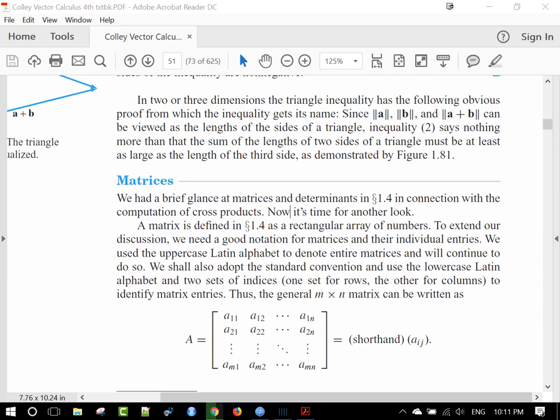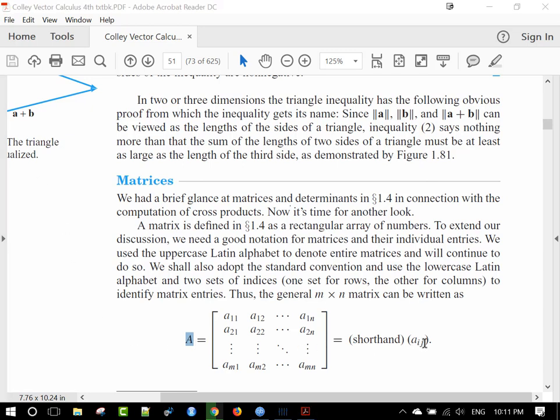Okay, we're going to deal with matrices briefly. There's much more that we did in linear algebra, but let's just review this. So a matrix is a rectangular array of numbers. In this text, they're using capital Roman letters, Latin letters,